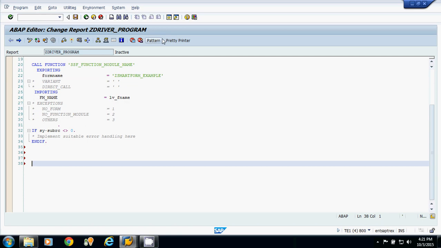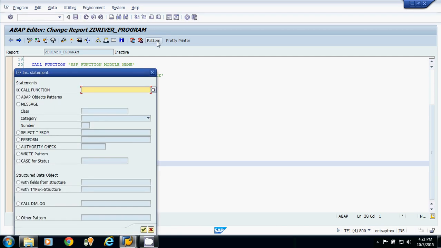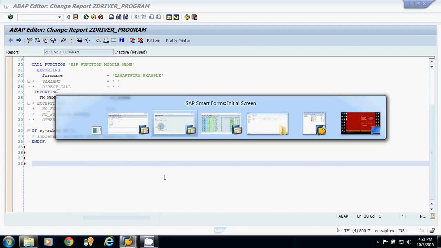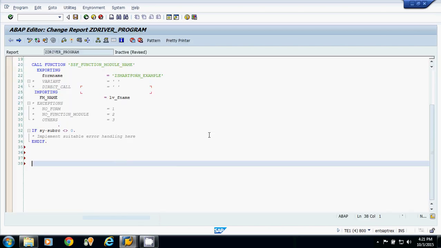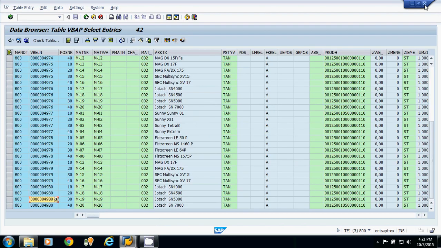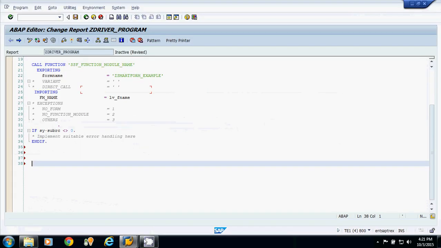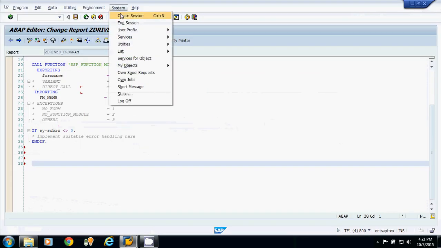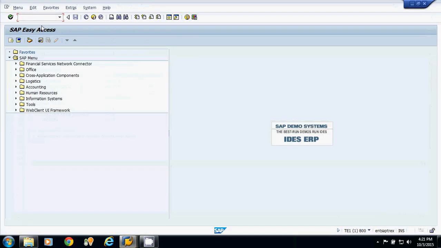Now I will go for pattern. I am opening one more session, going for the transaction code smartforms.